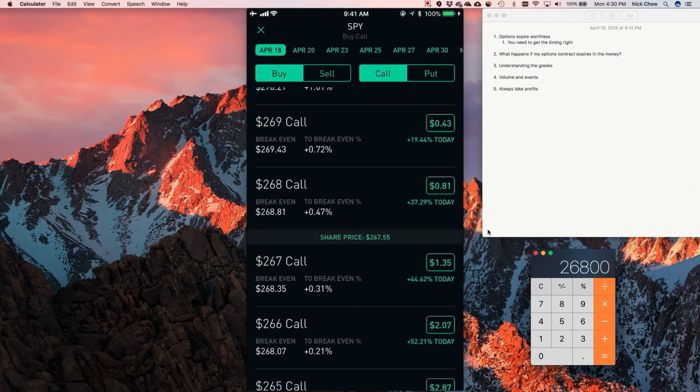On here, you can't sell spreads very easily. I mean, you can do it, but you have to buy the long leg first, and then you have to sell the short leg. It's not great in terms of that. So for now, I just say just buy calls, sell puts. Very simple. Keep your risk low. Don't spend a lot of money, because if you don't know what you're doing, you're most likely going to lose it. I just wanted to go over some of the basics and some of the risks that you have when trading